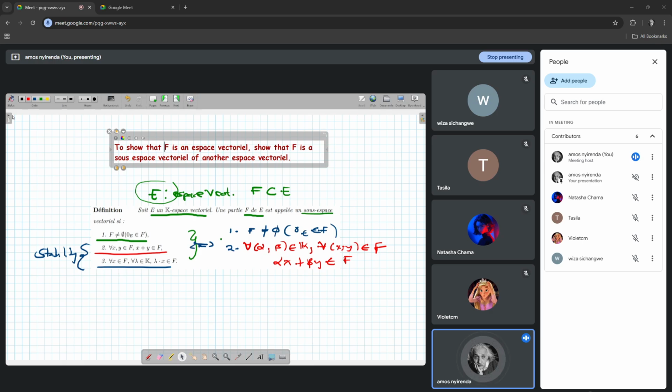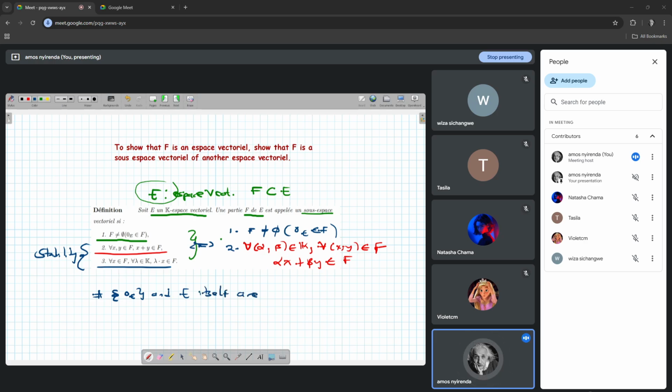Okay, but before we look at an example, let me also mention that any espace vectoriel has two trivial sous-espace vectoriel. So any vector space, let's say the identity element of E and E itself. The identity element of E and E itself are trivial